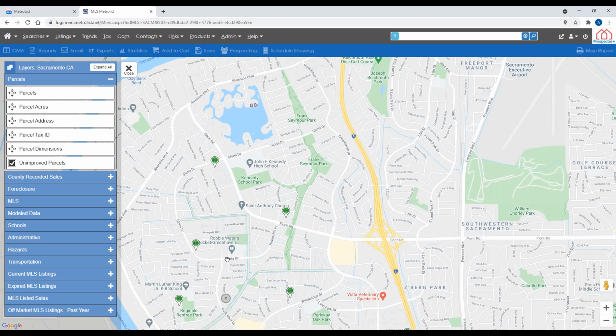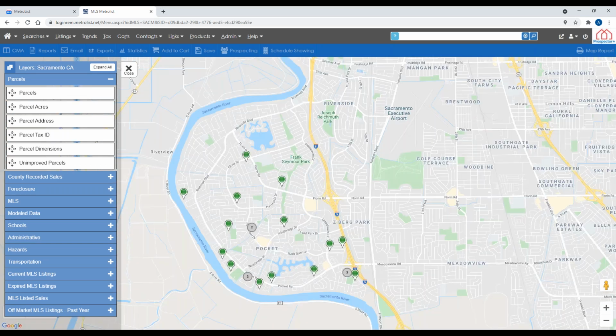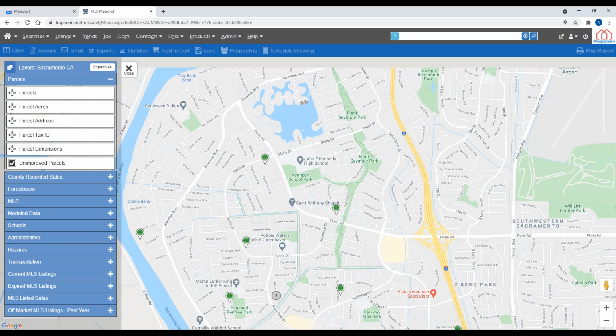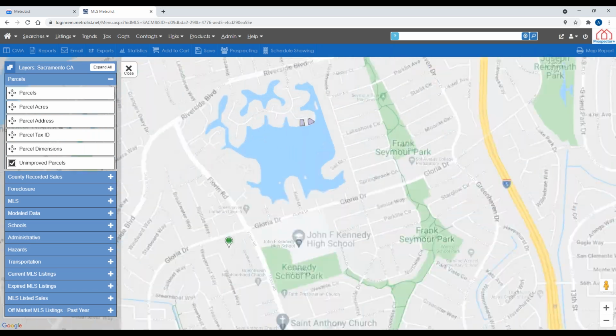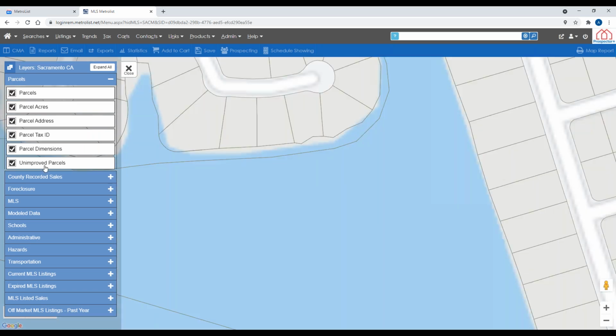Let's see, where are you? Up too far. I was hoping that I'd see just a couple. There's a couple right here. So the unimproved parcels